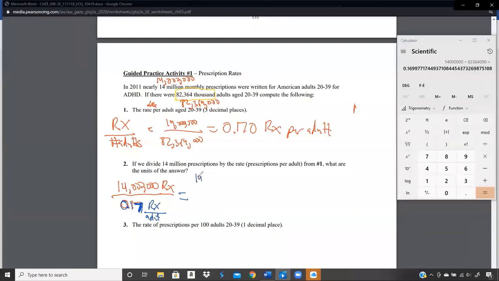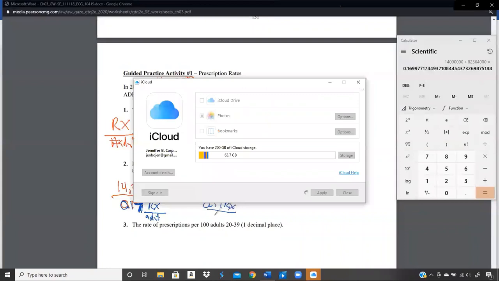It might be better to write this as 14 million prescriptions over 1, then divided by the 0.17 prescriptions per adult. This is a division of fractions, fraction divided by a fraction. You are supposed to be coming in here with the knowledge of how to divide fractions. But you probably want to change this to the old school form of 14 million prescriptions over 1, then division symbol by the 0.17 prescriptions per adult,